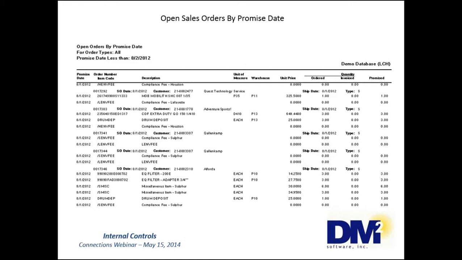Most typically, you would want to go ahead and look at open orders that have a promise date of prior to the current date. This report will give you an opportunity to verify with your drivers why the orders weren't fulfilled. Various reasons could include customers changing their mind and or canceling their order, or requesting a different delivery date, or possibly the fuel was delivered and your drivers owe you the paperwork.